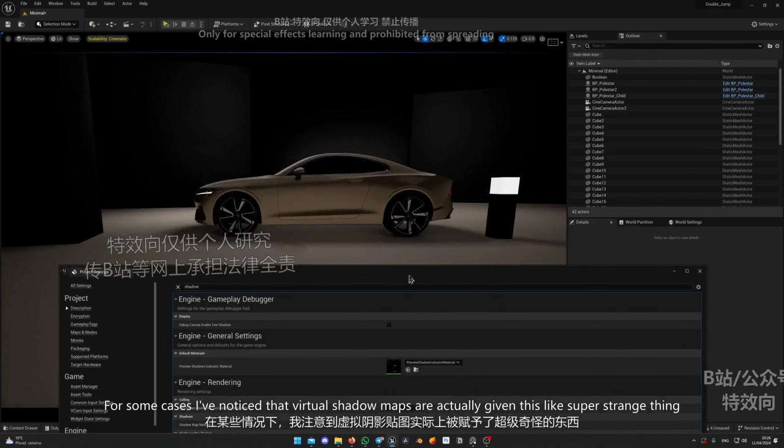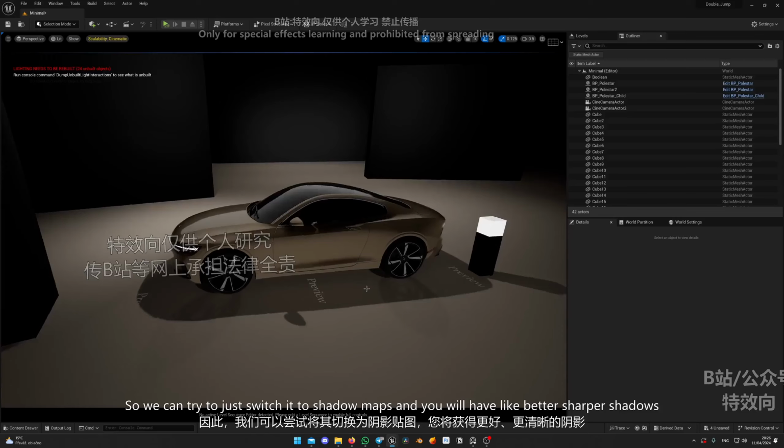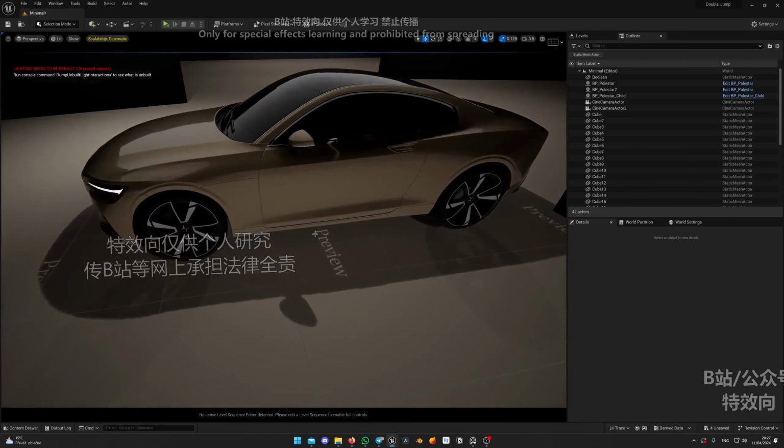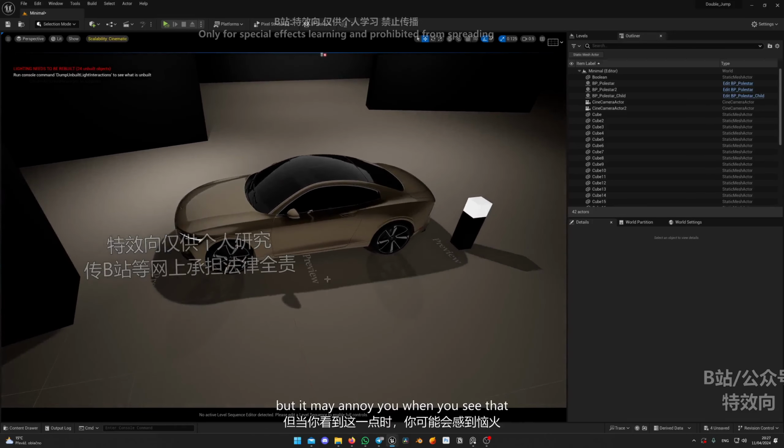So you can try to just switch it to shadow maps, and you will have better, sharper shadows. But this is only a preview, it will not be shown in the renders, but it may annoy you